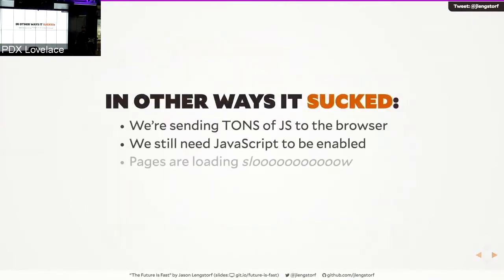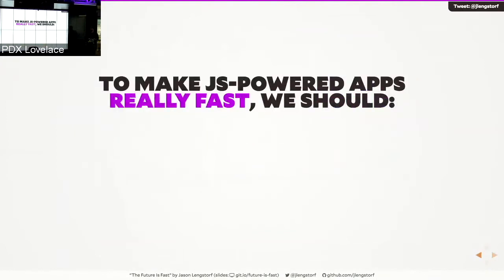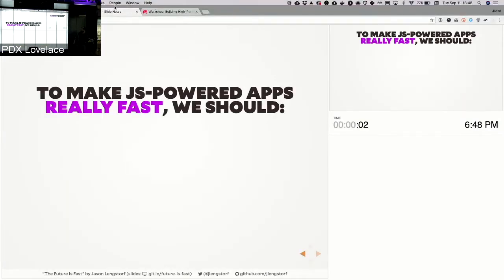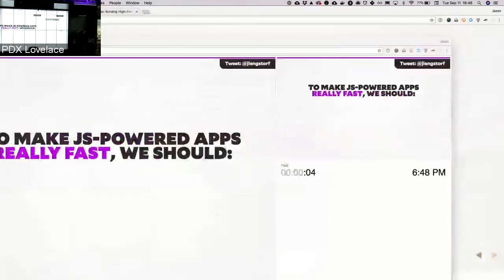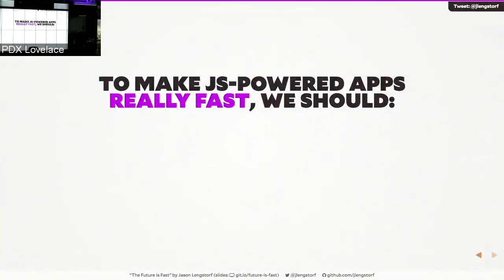This is a recap so that we've got context going into the next section. So to make our JavaScript apps really fast, what we need to do is get my speaker notes back up. Nobody look at these. We need to go this way. And then I'll look at this. And now we're back on track, everybody. Okay, so,